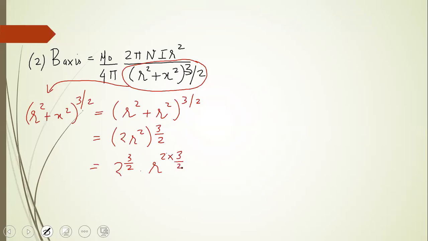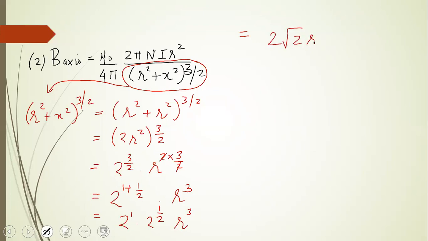Yes or no? Indices. So this 2 will cancel. Can I say this 2 raised to 3/2 is as good as writing 1 plus half into r cube, right? This can be further written as 2 raised to 1 into 2 raised to half. There is no need to show all this; it is for those who won't understand the calculation. So 1 plus 1 by 2. So that means this denominator has now reduced to 2 root 2 r cube. I hope you are getting this. The denominator r square plus x square raised to 3/2 I have made 2√2r³.